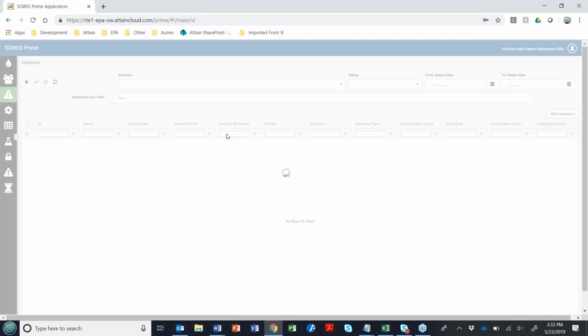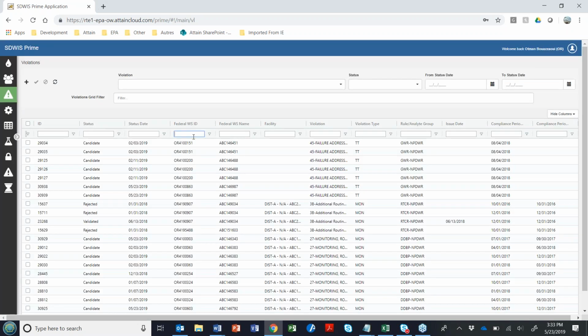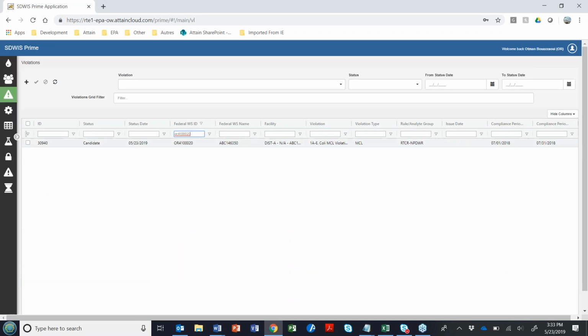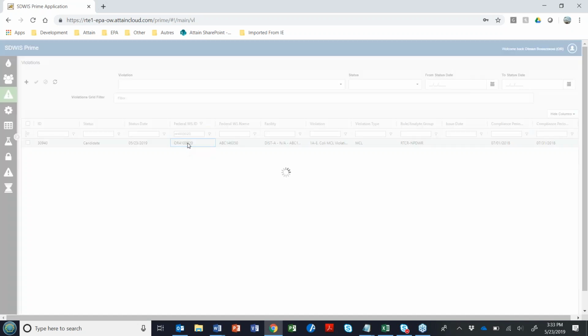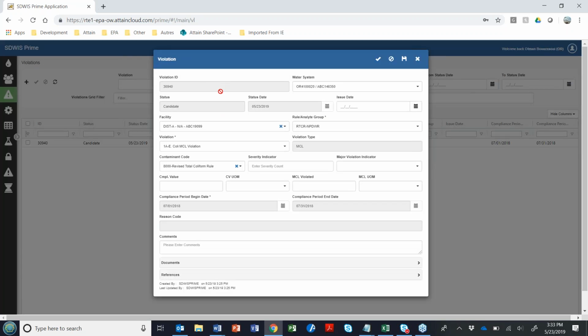But you could, let's see, you could look up the violation by going to the global violation view. And what I did is that I filtered on that water system ID that I have for water system number 1. And if you double click on it, you can see that it's a candidate that was created a few minutes ago.